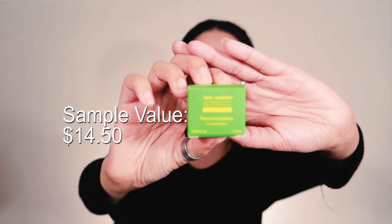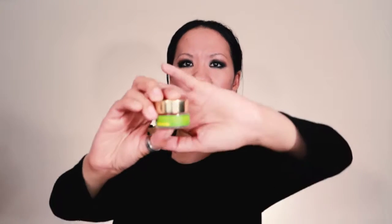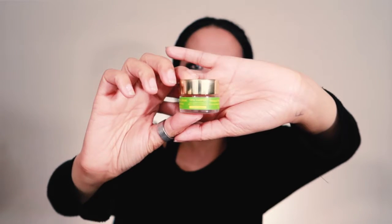Next thing is by Tata Harper, Resurfacing Mask. Full size is 58 bucks. This is 0.25 fluid ounces, and this is the box it came in, which is pretty nifty. I'm sure it must be like a little jar. Oh wait, I've heard of this before from people that I follow. Very luxe packaging for a sample. Using pomegranate enzymes and pink clay, this potent mask targets excess oil, evens tone, and exfoliates to give your skin